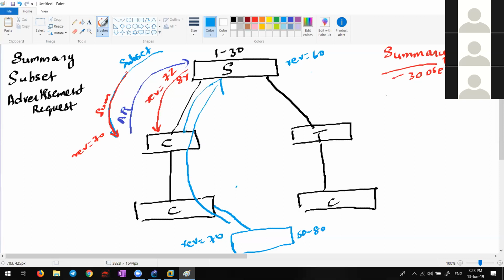And the server will update this information to everyone. What is the end result of this? Your whole network is down. Why? You have done all the configuration according to VLAN 1 to 30. Suddenly all VLAN 1 to 30 is deleted and VLAN 50 to 80 is created in all the switches. So basically your network is doomed, right? Yes. So this is a very dangerous thing. So that's why they say, always whenever you're connecting a new switch, make sure it is in transparent mode.